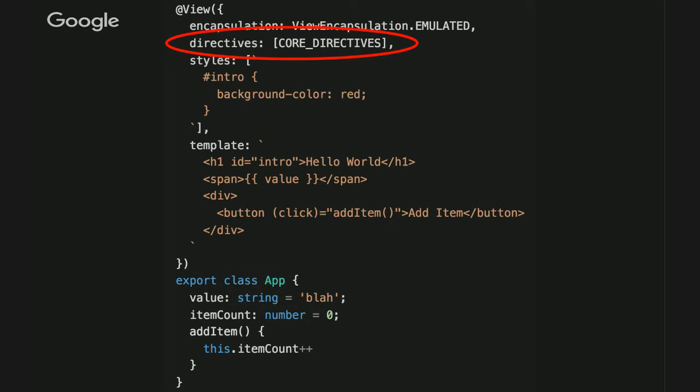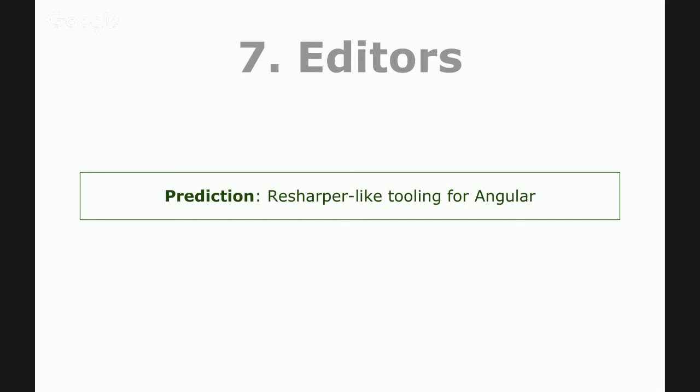So for those two reasons, it is actually a good thing to have these. And I think that once you see this next generation of editors, having a lot of the advanced features to do really advanced autocomplete and that type of thing, people are really going to be amazed. I could envision a time when you have a Resharper-like tooling for Angular,